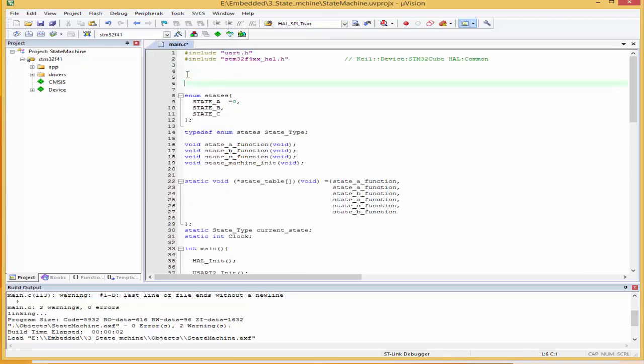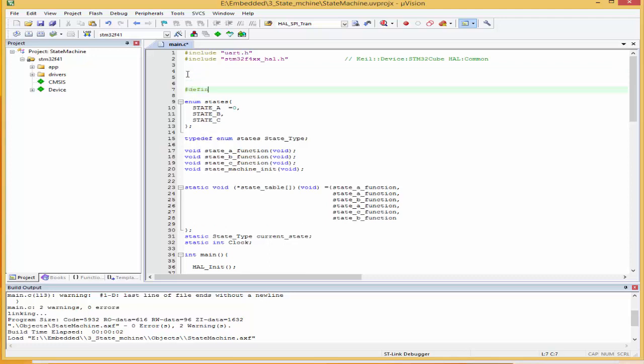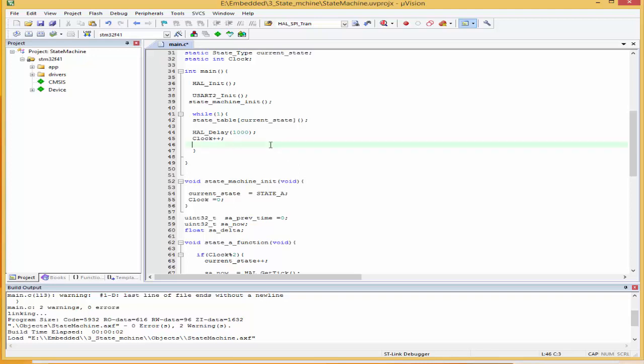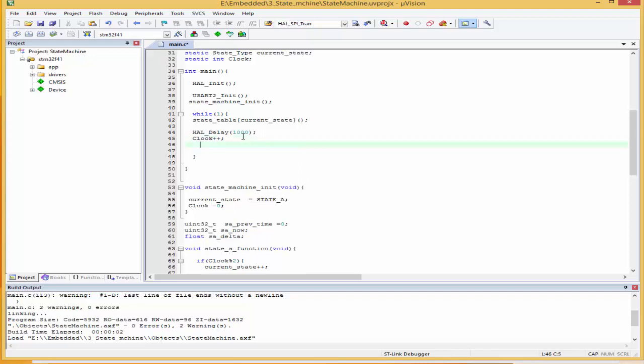So I'm gonna come up here and say define. I'll say MAX_STATE over here, I'll use caps, and the maximum number of states is 6. We know that from here: 1, 2, 3, 4, 5, 6. So come over here, and I can say